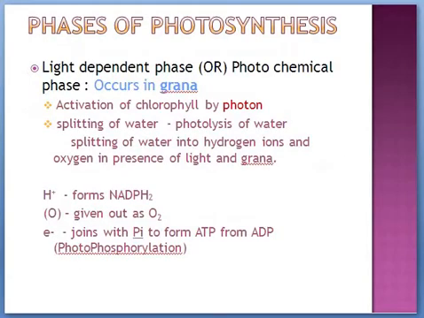Now we can go into detail about the phases of photosynthesis, or the processes, how this process of photosynthesis occurs. First of all, you need to make sure that you are thinking about the structure of chloroplast. You have to visualize the structure of chloroplast. Okay, you can think about the structure of chloroplast, right? There will be a grana or thylakoid, right?